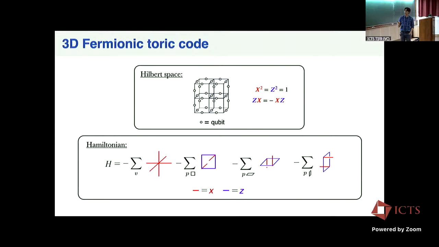Now, instead of a plaquette only containing a product of 4 Pauli Z's along a plaquette, it is now a product of 6 Pauli operators, 4 Z's and 2 X's, where the X's are on edges sticking out of the plane of the plaquette. But you can still check that all these terms still commute. This is still a commuting stabilizer Hamiltonian.